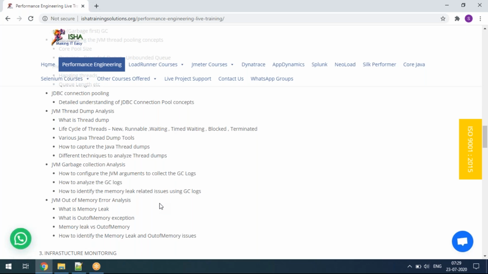There are two ways. Sometimes we will be strong in that field, so we'll straight away do the tuning of that activity. Or else sometimes you will be specialized in something else, so in that case you will give the recommendation to the developer or the DBA or whomever the issue relates to, and make them fine tune that activity. Okay, is it fine, Pati? Did I answer your question?